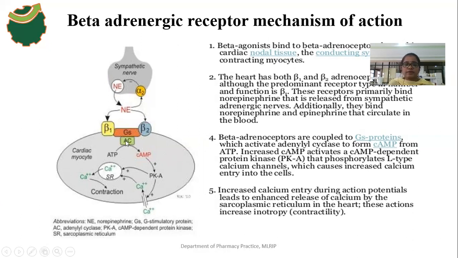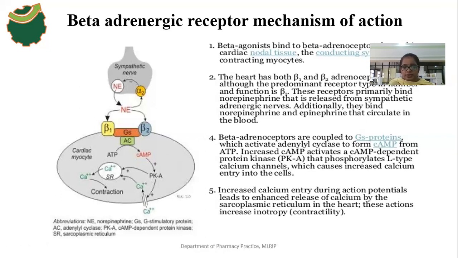So upon the activation of adenyl cyclase enzyme, ATP is converted to cyclic AMP. Upon the formation of this cyclic AMP, protein kinase A is activated. So then what will happen? This protein kinase A phosphorylates the L-type calcium channel. See, this one is the calcium channel. So this protein kinase A stimulates the entry of calcium through the L-type